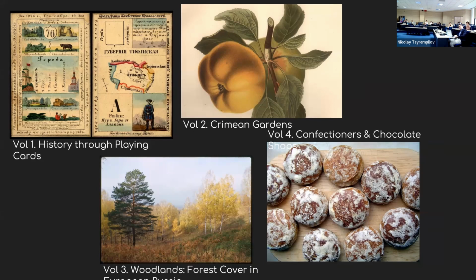It's available on something called Dataverse, and you can download the files, and they come with explanations of what they contain, code books, and how to use them, a lot of spatial data, so that anyone could come along, and if they're interested in mapping gardens of Crimea from the 18th century, or if you want to know where all the chocolate factories were, or the confectionery shops in the second half of the 19th century, all kinds of different things. You can come to our Dataverse and download the data, and you don't have to look at the way I map it. You can just take that data and build your own historical project. So I'm excited. I'm hoping that people will enjoy playing with that. That's what we do.